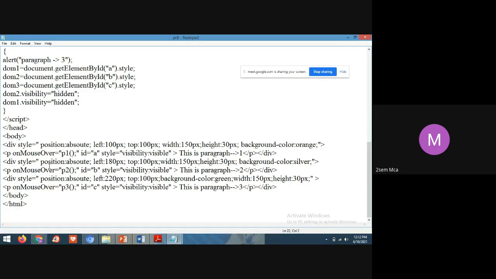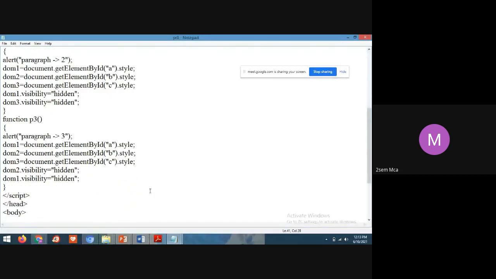When I put my mouse pointer on paragraph 3, this ID will be called, and the visibility of this will be visible. And again, what I have written in paragraph 3, DOM2 and DOM1 should be hidden.